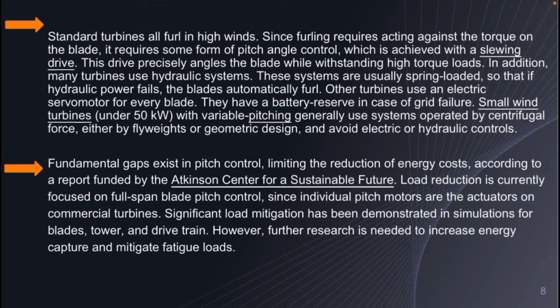In addition, many turbines use hydraulic systems. The systems are usually spring loaded, so that if hydraulic power fails, the blades automatically furl. Other turbines use an electric servomotor for every blade. They have a battery reserve in case of grid failure. Small wind turbines over 50 kilowatts with variable pitching generally use a system of